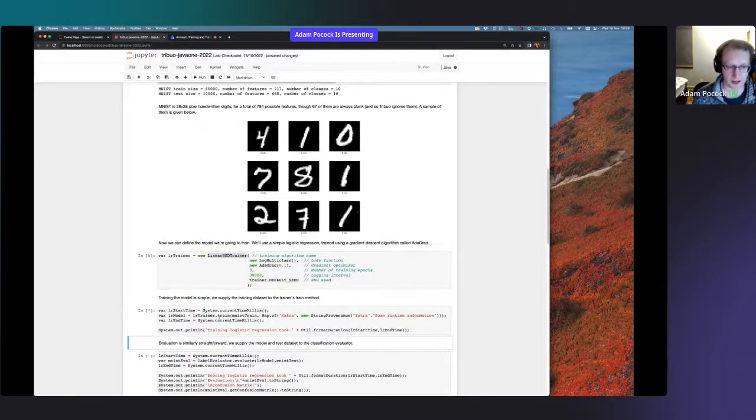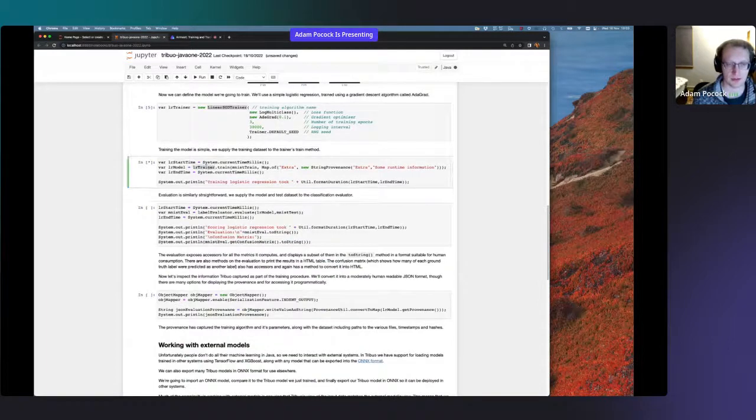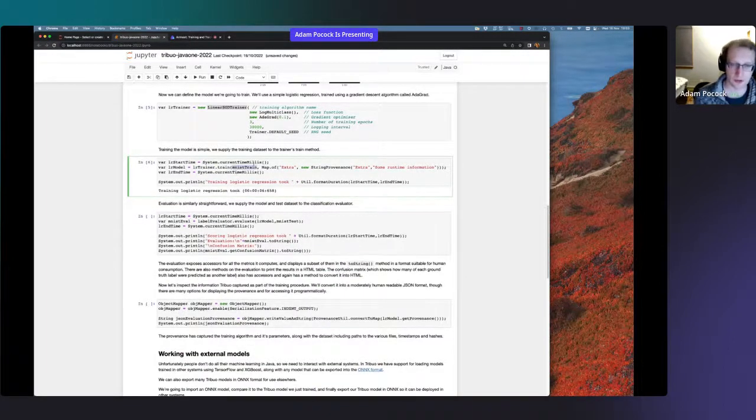So we're going to set it training and capture the time. We basically take the trainer, we call train, and we feed it a dataset object. I'm also going to poke in some extra provenance information just so that we can look at it later, just to show how that is done. So it took about 6 seconds to do that. It takes more or less time depending on how much my laptop is loaded, but it's pretty quick. So now we've got our model object. It's LR model, and that is something that we can introspect and try to understand its behavior.